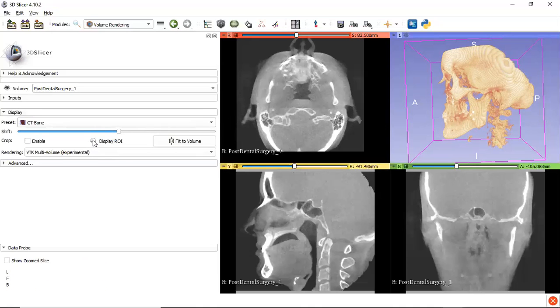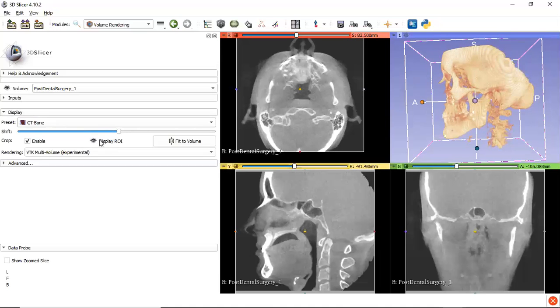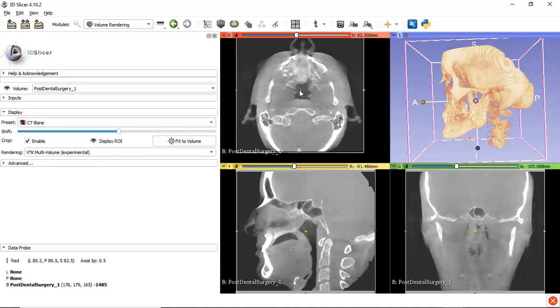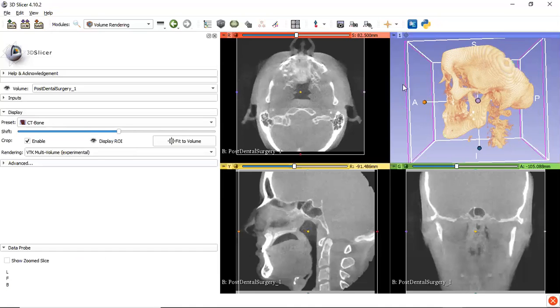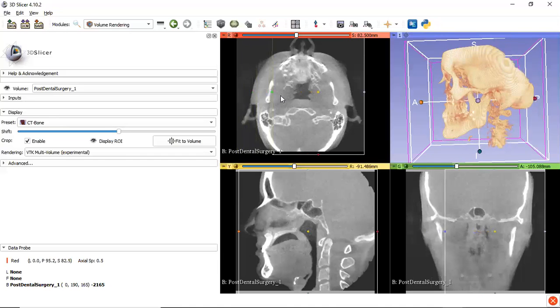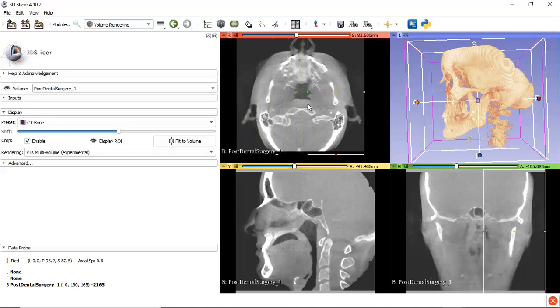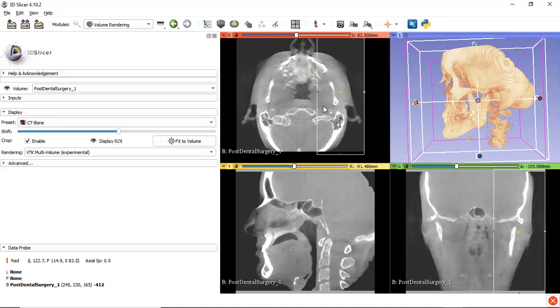So first, let me get the region of interest. I'll first isolate the part which I actually want using the region of interest button. Initially, it is given over the whole volume. Let me select the region of interest in such a way that it will only get the parts which I actually want. So I'll be reducing the region of interest, as you can see over here. As I reduce it in all the images, it is also getting reduced in the 3D model, as you can see over there.